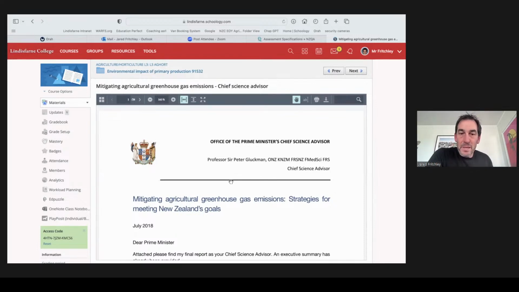He talks here about mitigating agricultural greenhouse gas emissions. So, how can New Zealand mitigate, which is the wording that we've been talking about, which is reducing our greenhouse gas emissions. And you can read widely, and there's certainly no silver bullet, one little resource that's nice and succinct,